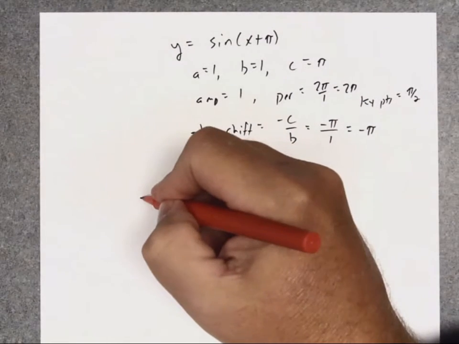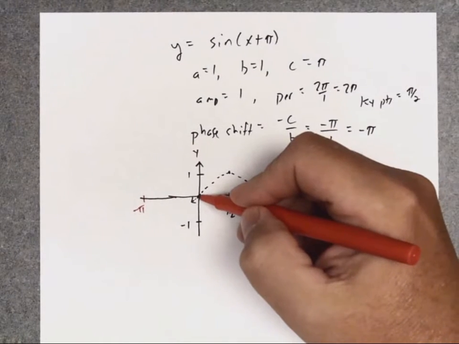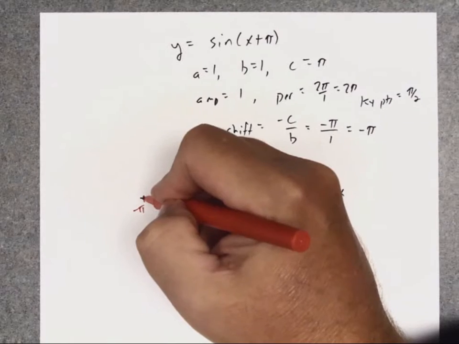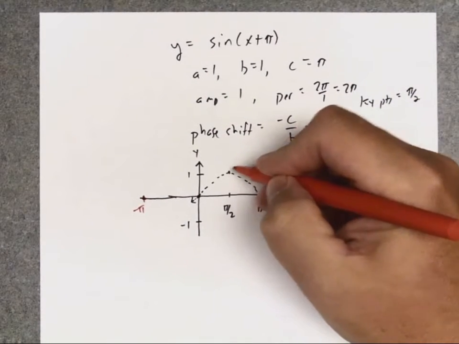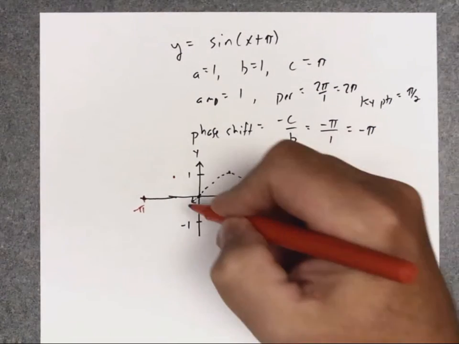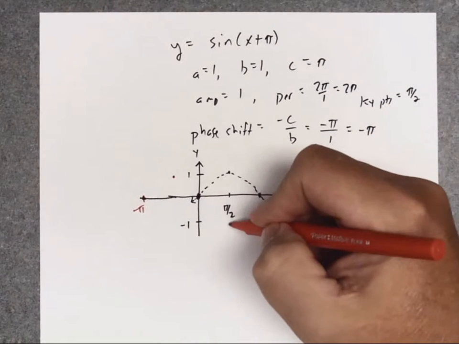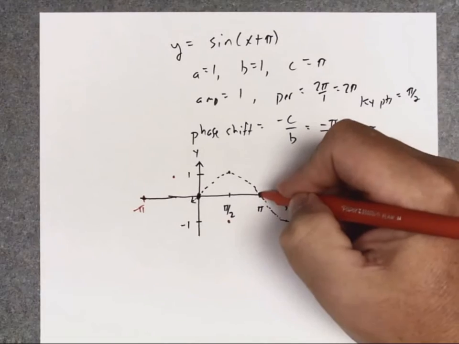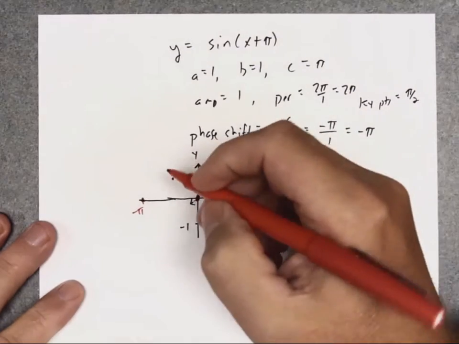So basically, this first point is going to go from 0. I'm going to move it pi, so it's going to go over here. This point is going to go about right here. This point is going to go here. This point is going to go here. And then this point is going to go here. So now, if I can keep track of these red points,